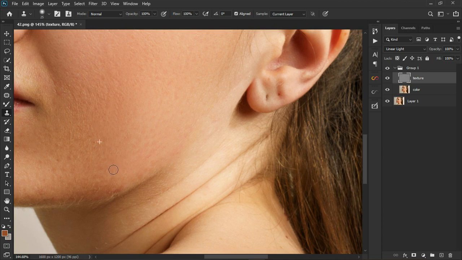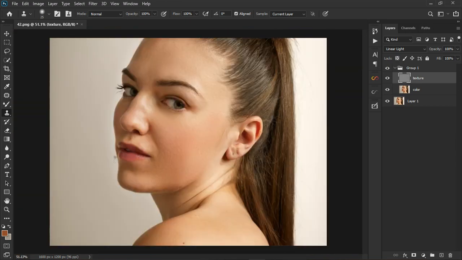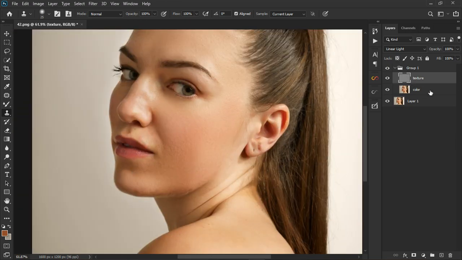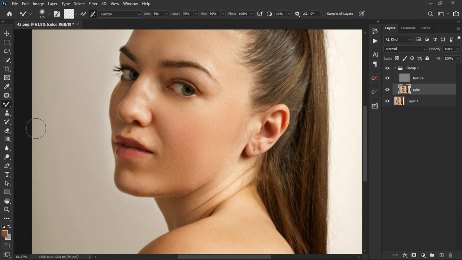I'm going to show you how to just avoid all this I'm doing right now. Instead of clicking, you have to choose a low blur value. Remember, I chose a very high blur value. So if I choose a low blur value, as I'm blending the skin, it's going to remove all that. So you can go back again, select the mixer tool brush and blend. So it all requires blending,